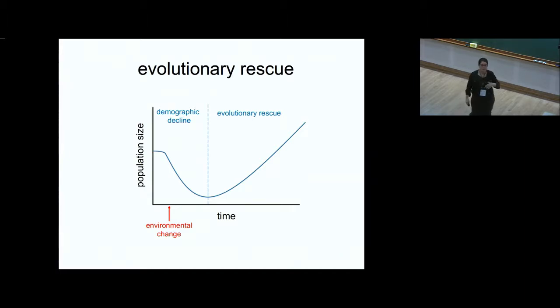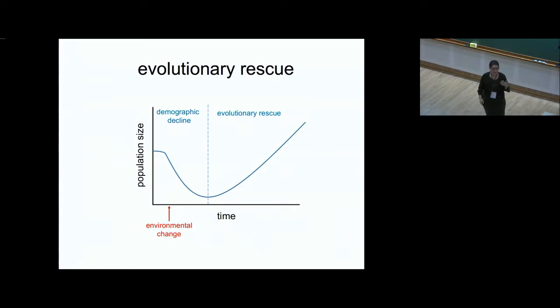If there's sufficient adaptive variation, additive genetic variance in the population for whatever this trait is, we might imagine selection rescues it, and population size goes up. Okay, so that seems nice. Of course, this picture ignores everything that's stochastic about this. If a population has small population size, it's also possible that the population goes here. Yes, it does have enough variation, but stochasticity happens and boom, it goes to 0 and it goes extinct.